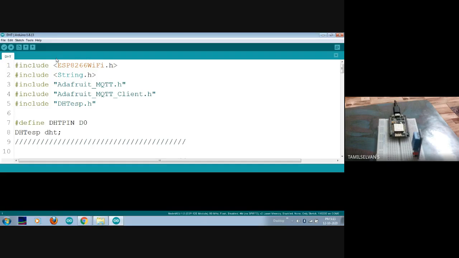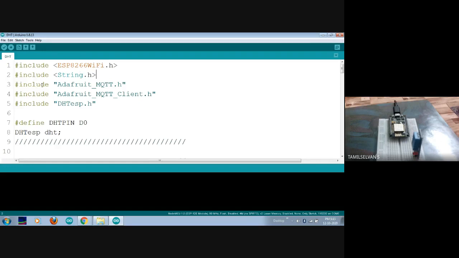Okay, so whichever library is not available, that alone you have to install during the execution of the program. Okay, and next one is string.h. If you want to save your RAM memory for your data, then you could use the string functions. Without using string.h also, your program will work well, but sometimes it will occupy more RAM memory. So in order to avoid that, we are going for string.h. Without this also, you can do the programming.